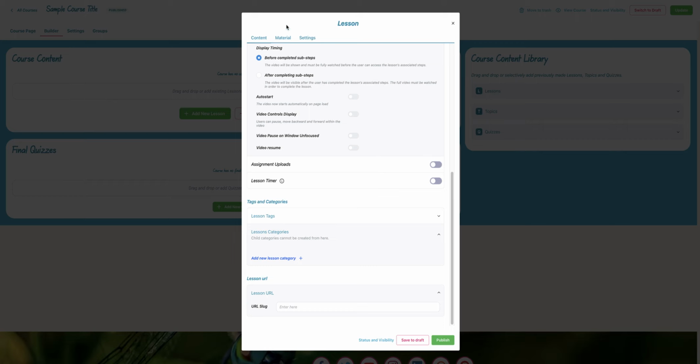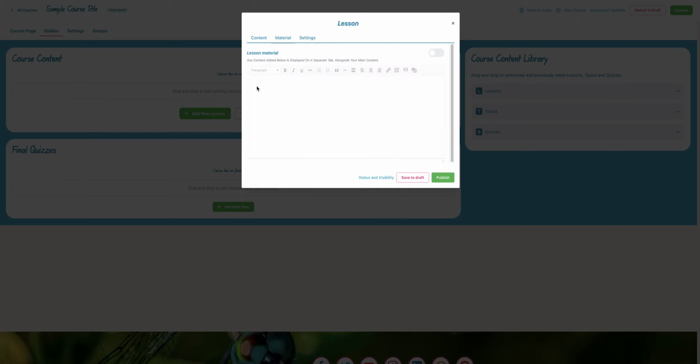And you can select publish, or you can go to the material and you can add, let's see here, you have to create this to allow additional lessons. So then you click additional lesson material,